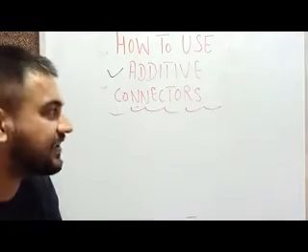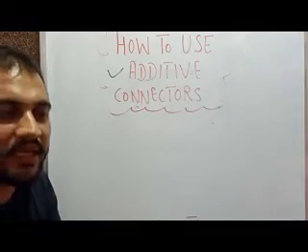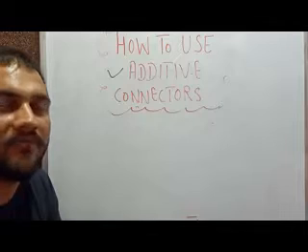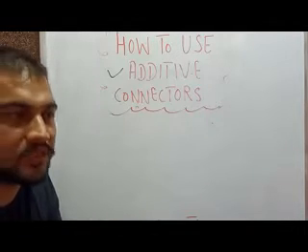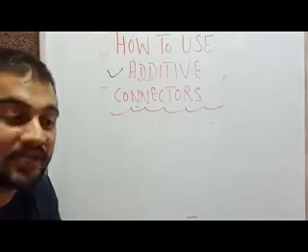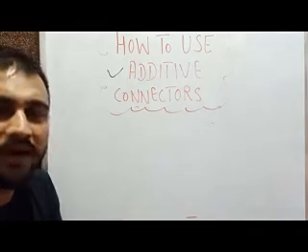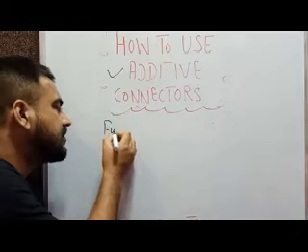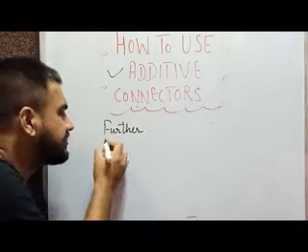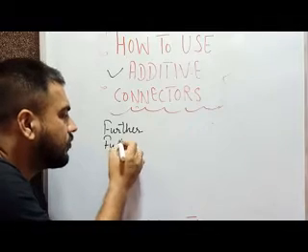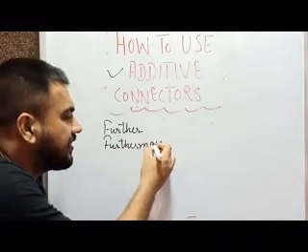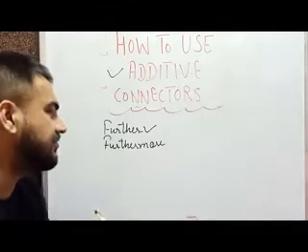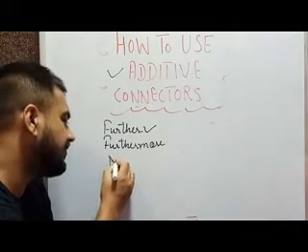So what are the different additive connectors in English grammar? We have seen these connectors used from the beginning of the parts of speech, but we never realized that they were there and that we use them. Let's talk about those. First comes further, or we say furthermore. Further can be used separately by putting a comma after it, and we can write the next information after it. Then thereafter we have moreover,